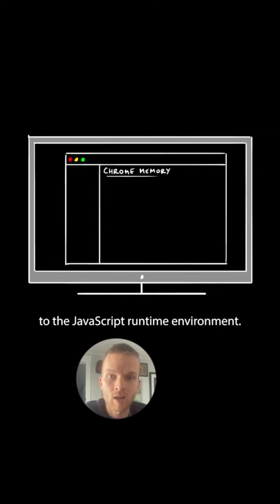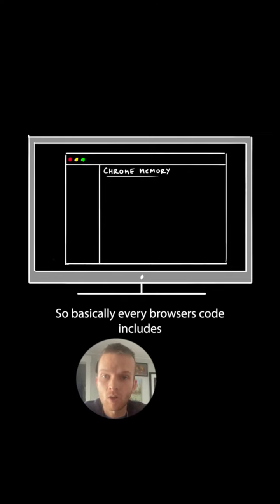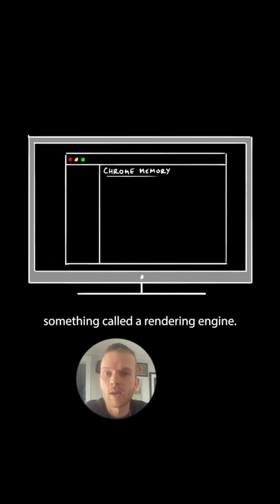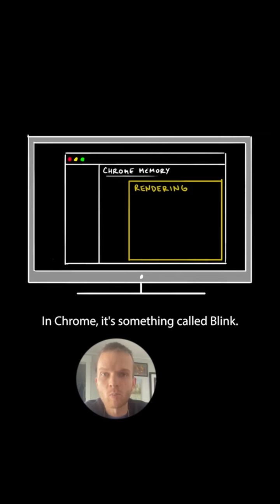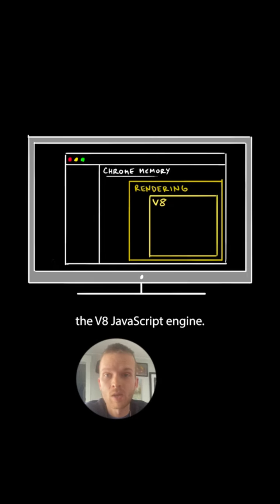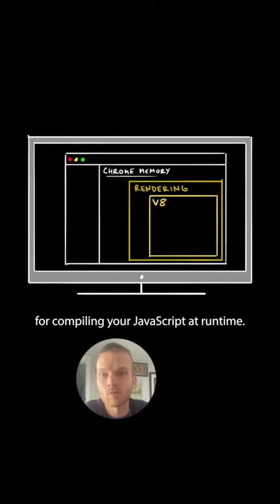JavaScript runtime environment. So basically every browser's code includes something called a rendering engine. In Chrome, it's something called Blink, part of which is the V8 JavaScript engine. And in Firefox, it's this thing called Gecko, part of which is the SpiderMonkey JavaScript engine. So both of these, V8 and SpiderMonkey, are responsible for compiling your JavaScript at runtime, that is essentially transforming JavaScript into something that the browser can understand just in time to be shown to the end user when they're using